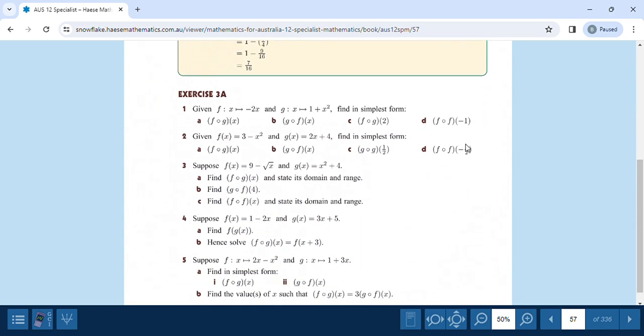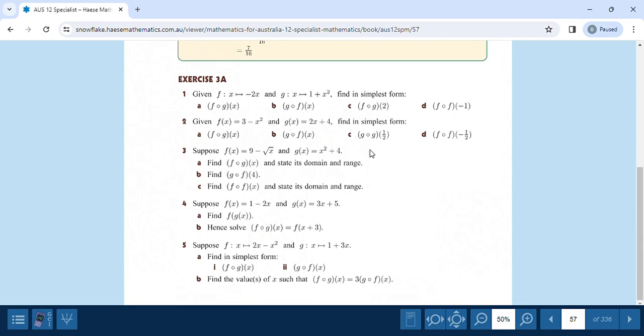And then obviously if you've got, say in 3b, g of f of a number, you're going to get a number output. But if you've got f of g of x, for example, you're going to get an output in terms of x for f of g of x. So state its domain and range. So those ones,